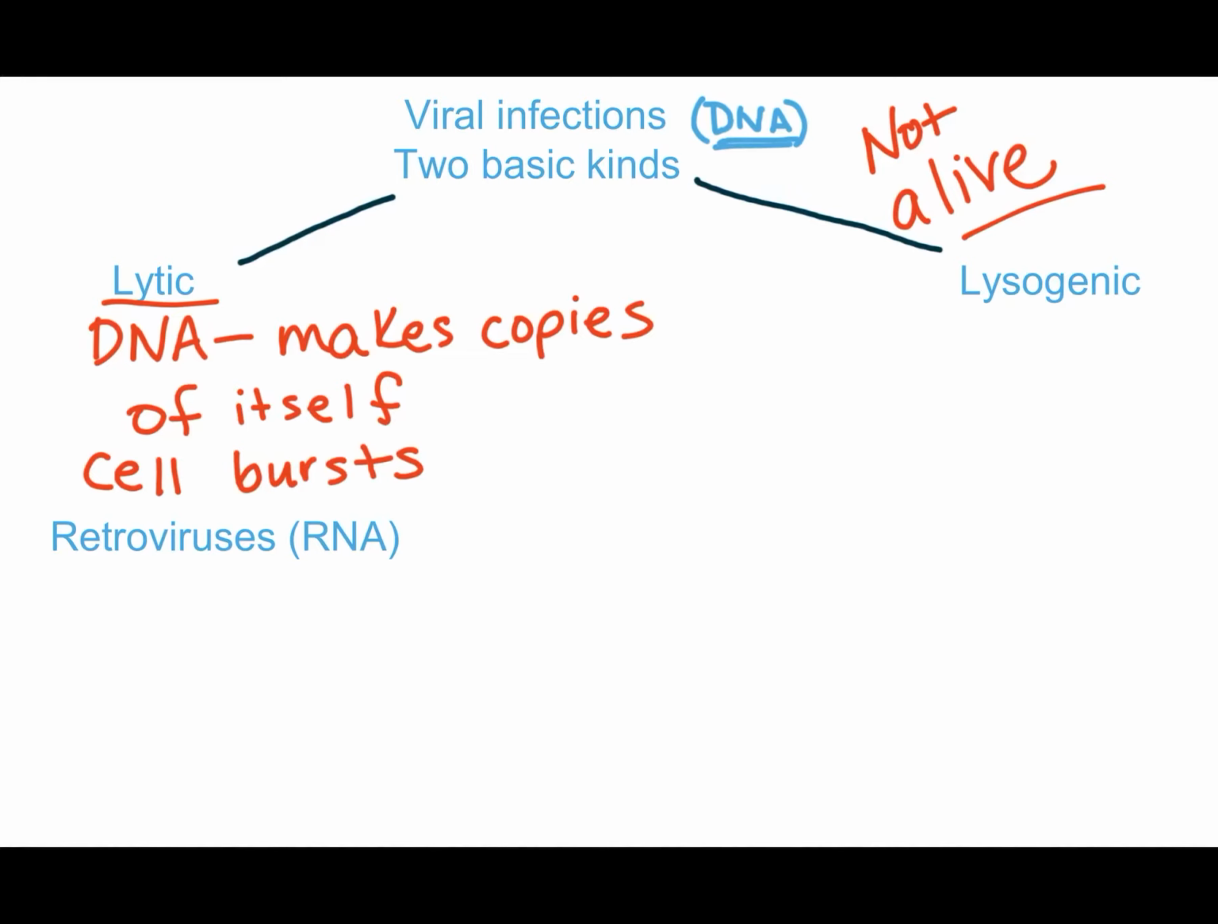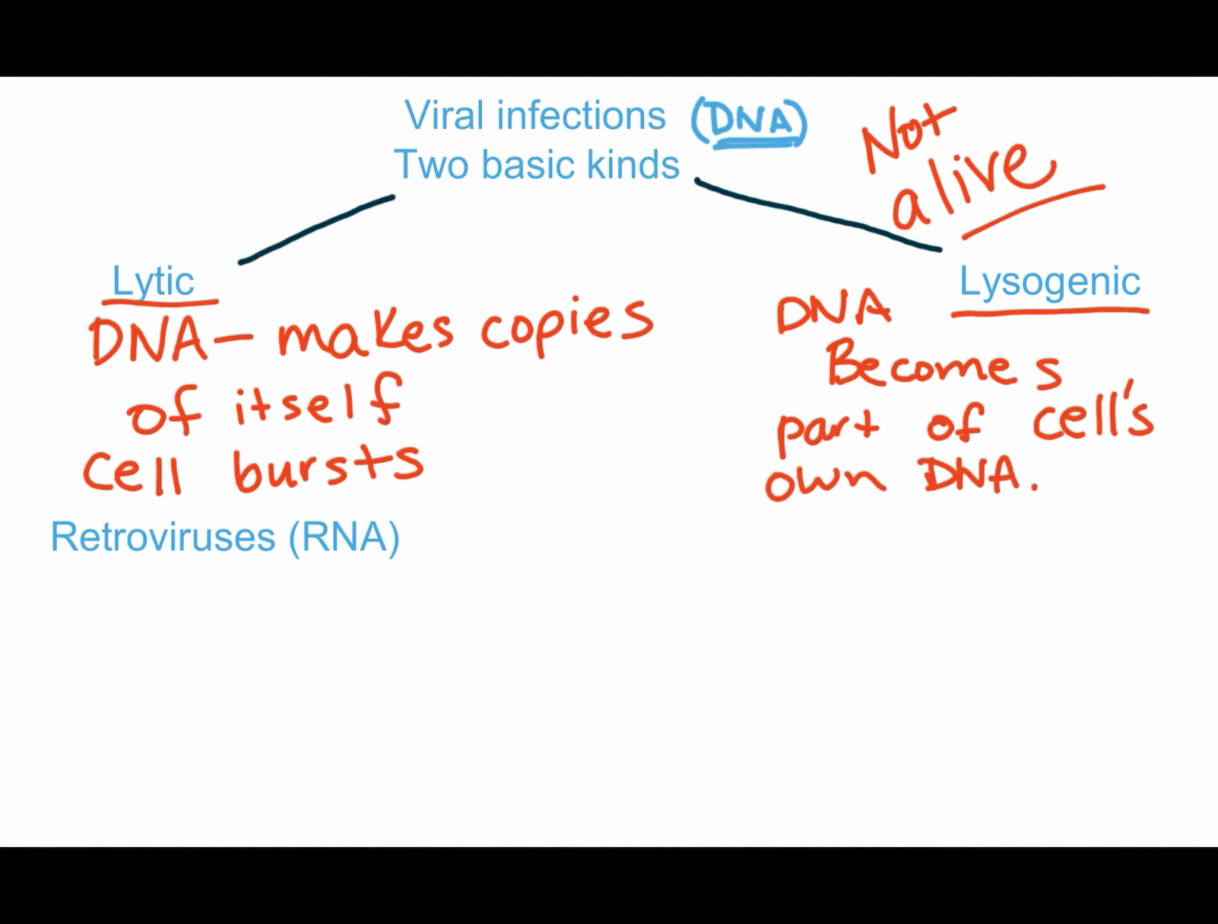So a lytic infection takes over the cell and then splits it apart. A lysogenic infection is a little bit more sneaky. And this is where the DNA actually becomes part of the cell's DNA. So this is where the DNA is injected. The DNA becomes inserted into the cell's own DNA, and it kind of waits for the right opportunity or the right time,